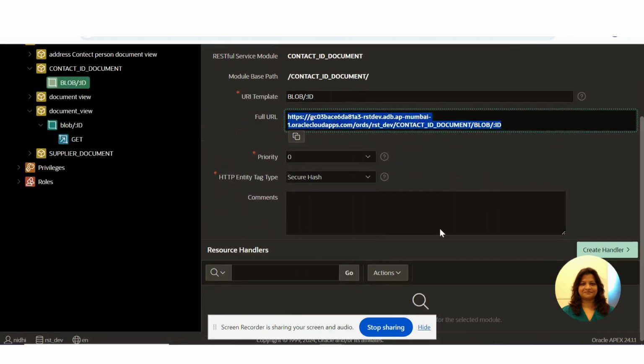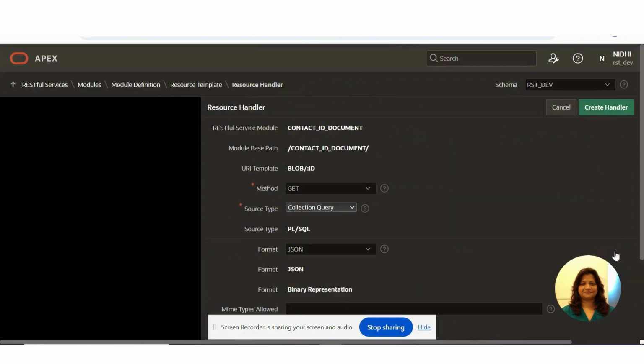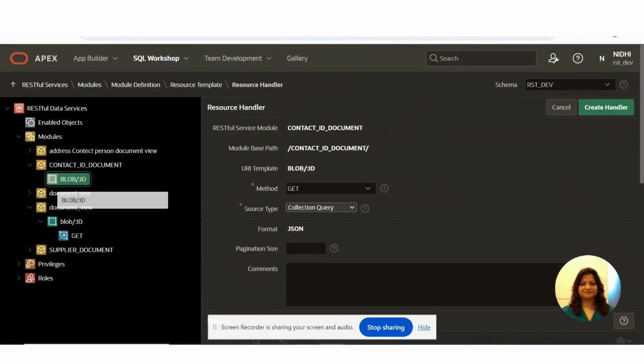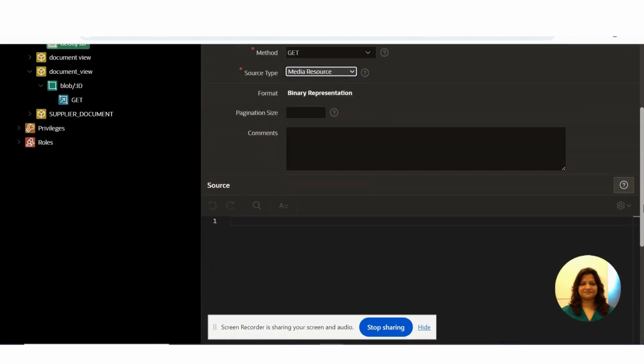Now I have to create the handler to get the document. The document type is blob, so I use the media resource.